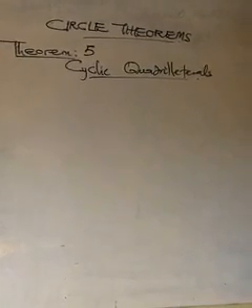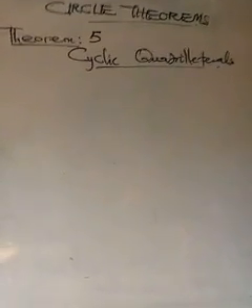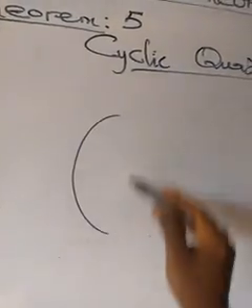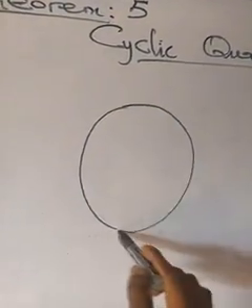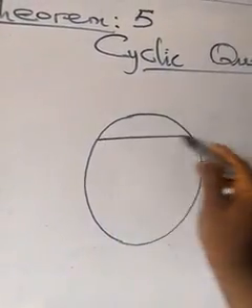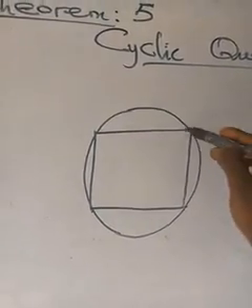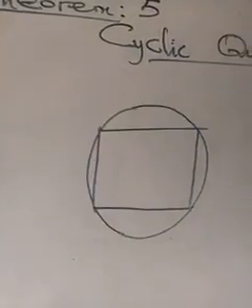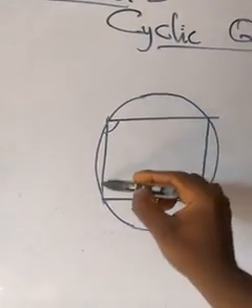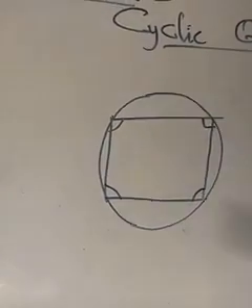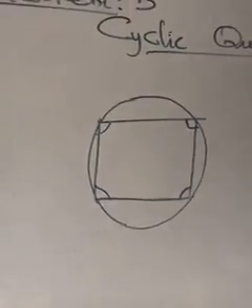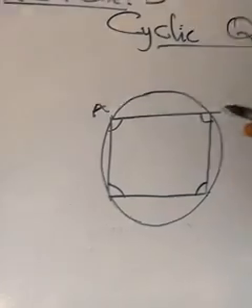Now Theorem 5. Theorem 5 is all about cyclic quadrilaterals. If you have a circle, a cyclic quadrilateral can have this shape. The four angles must be touching the circumference. So this is the first angle, second, third, and fourth. And if you are labeling a cyclic quadrilateral, it has to be labeled maybe anti-clockwise